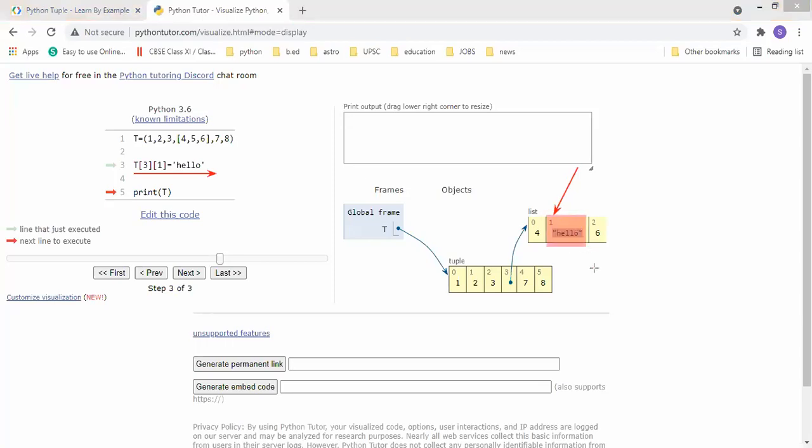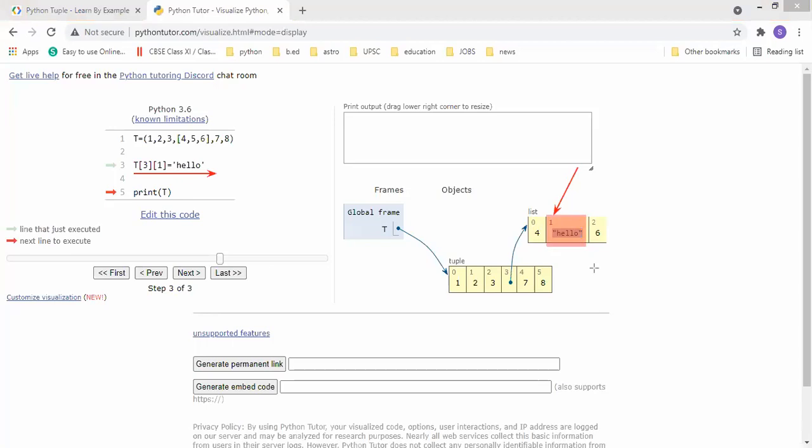Why I am saying this in the example: during the exam, sometimes they will ask what is the output of this program, and they will give some statements that this is an immutable property, to confuse you. But you think line by line.